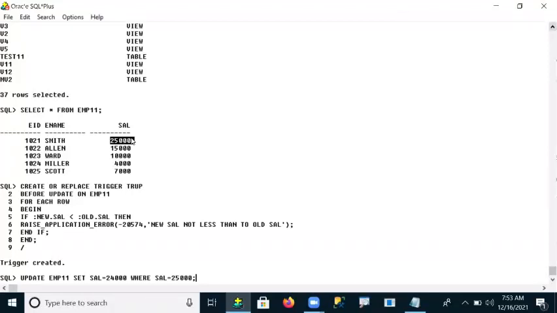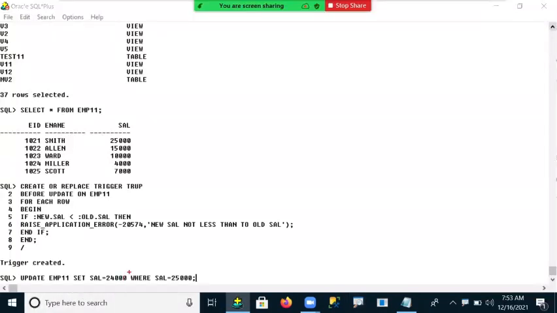Existing salary means the old salary, the salary already in the table. So that 25,000 I'm updating with 24,000. Observe carefully what happened here. This is your new salary, and the new salary is held by the new bind variable.